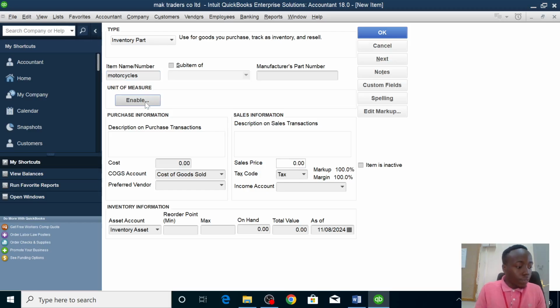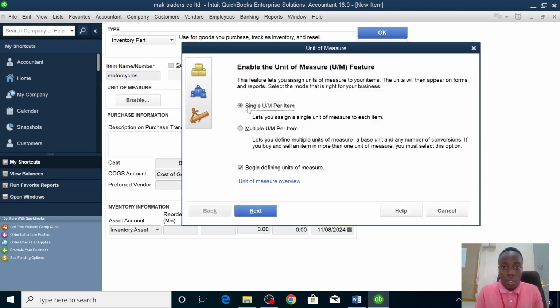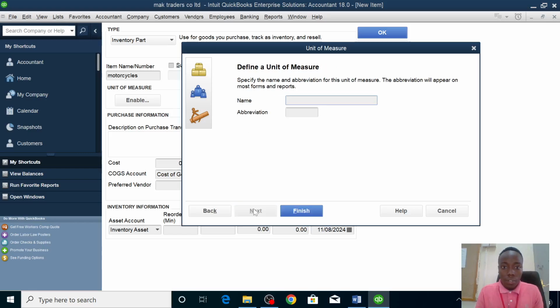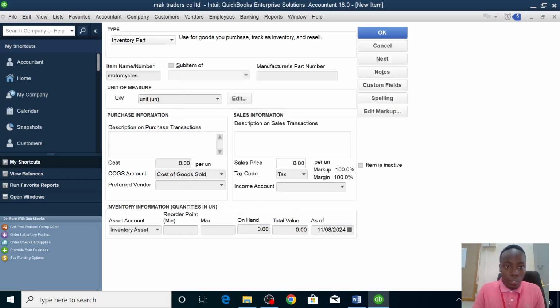Unit of measure, they are measured in units. We make them single unit. Click on next. Unit is nowhere under here, so I click on other and click on next. The name, it is unit. Abbreviation, it is UN. Say finish. Then description, it is IV